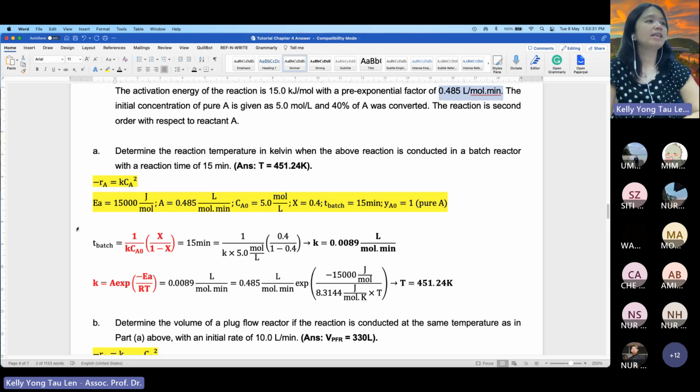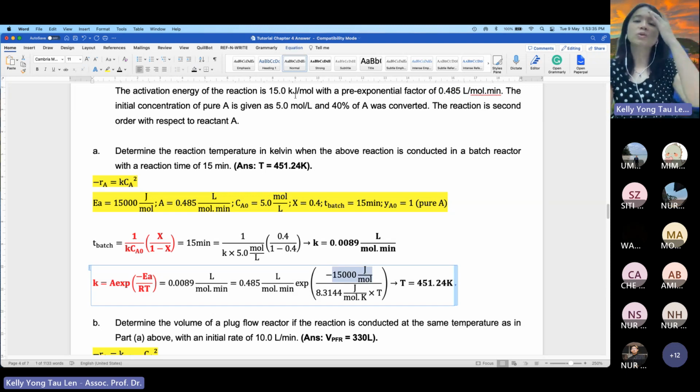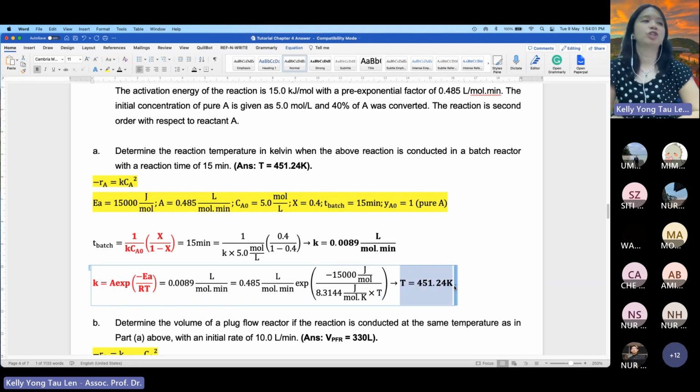Exponential negative Ea per RT. Ea is given as 15 kilojoule per mole, so you must convert into joule per mole. You times with 1000, so 15 kilojoule per mole is 15,000 joule per mole. Divide by R value of 8.3144 joule per mole Kelvin, and T is what we want to find. So again, one equation, only one unknown, the others we already know the values. Therefore, you can find the value of temperature, which is